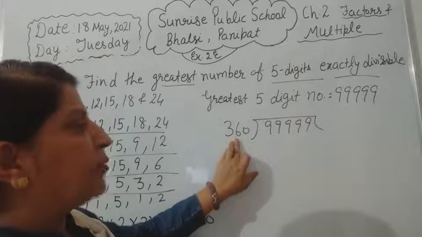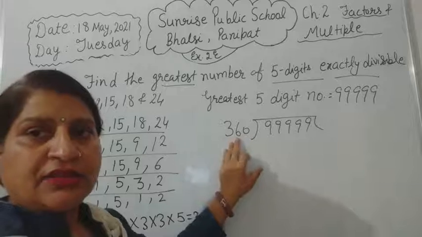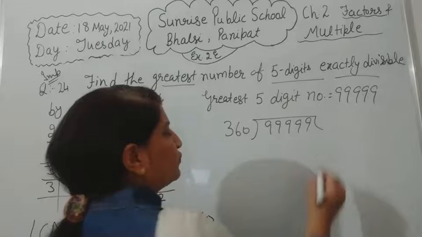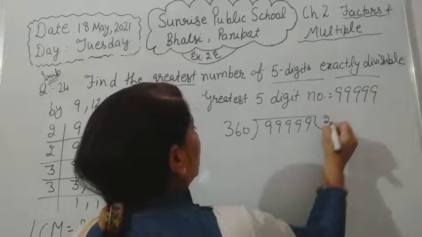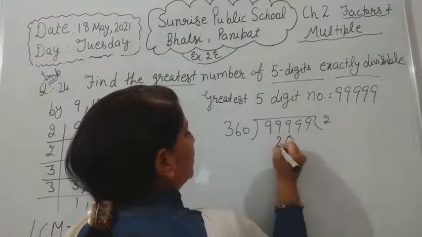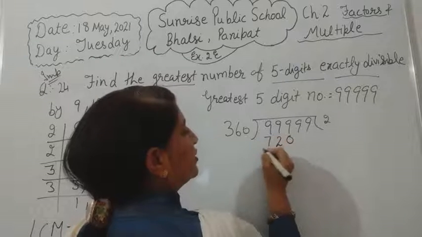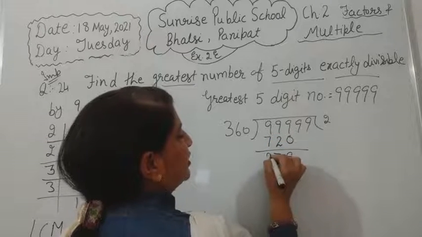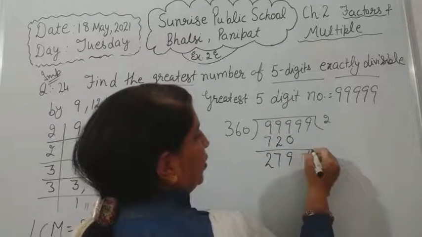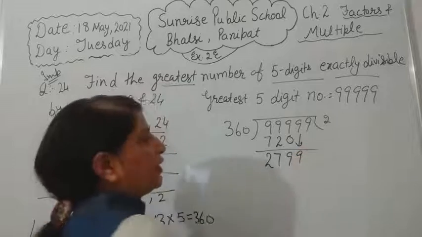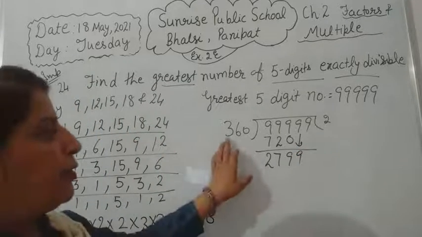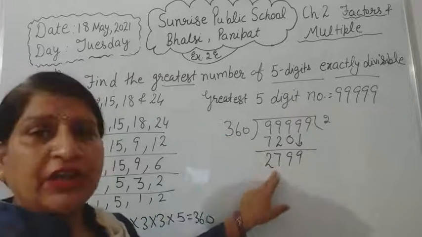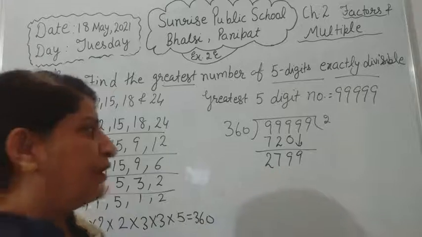Now here we start. If we divide this number by 3, 3 6s are 18 and 3 3s are 9 plus 1 is 10. So the number is coming greater than 9, so we divide this number by 2. 2 0 0, 2 6s are 12, then 2 3s are 6 plus 1 is 7. 9 as it is, 9 minus 7 is 2. Now this 9 comes down. Now our number is divisible by 9 3s are 27, and 27 is already here, so it won't go with 9, let's try with 8.